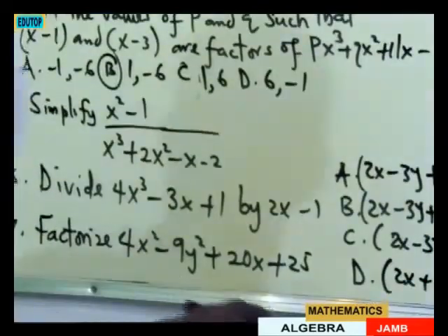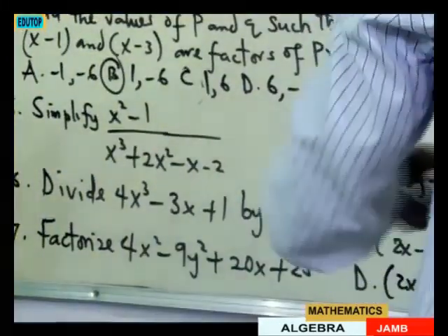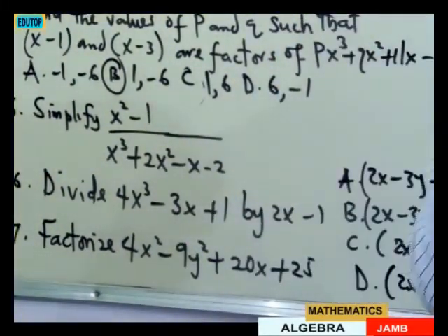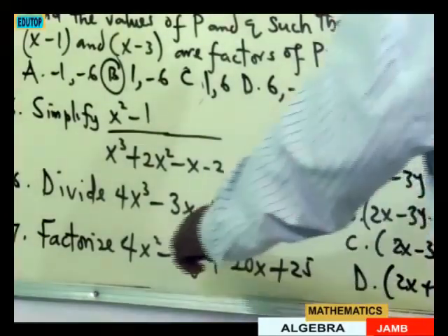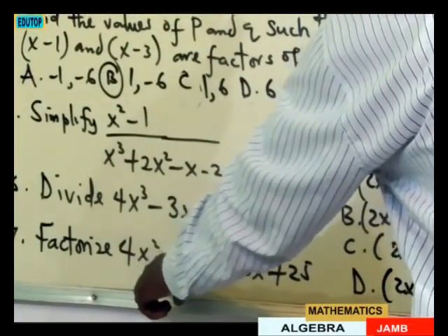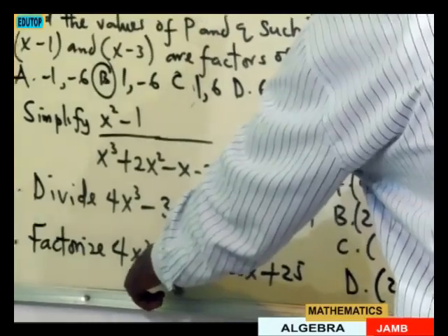Now, question 17, which says that factorize. We have to factorize this. If you look at this very well, you discover that this one follows a trend. 4x squared. Another term that should follow it is